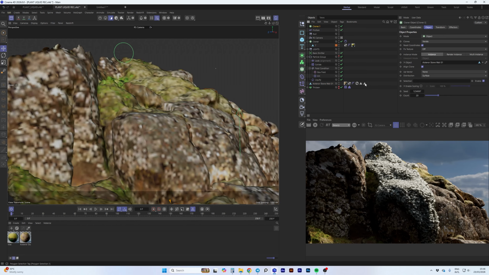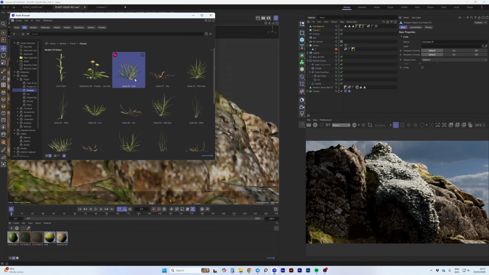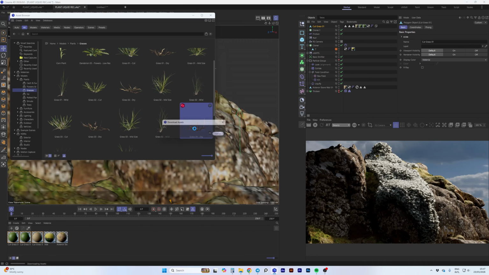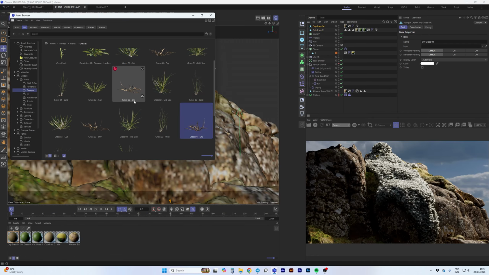I'm going to drop that in, drop our selection in, and let's grab like some grass, maybe some dry grass, wild grass, and another one. We can drop all these in the cloner, turn that to random,